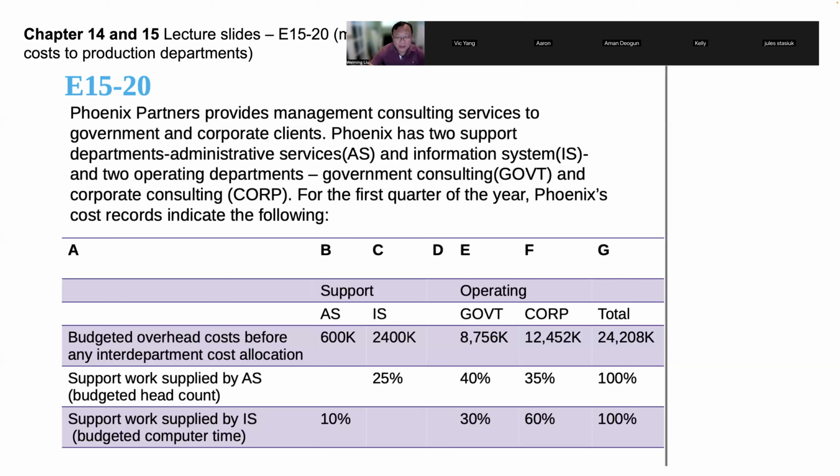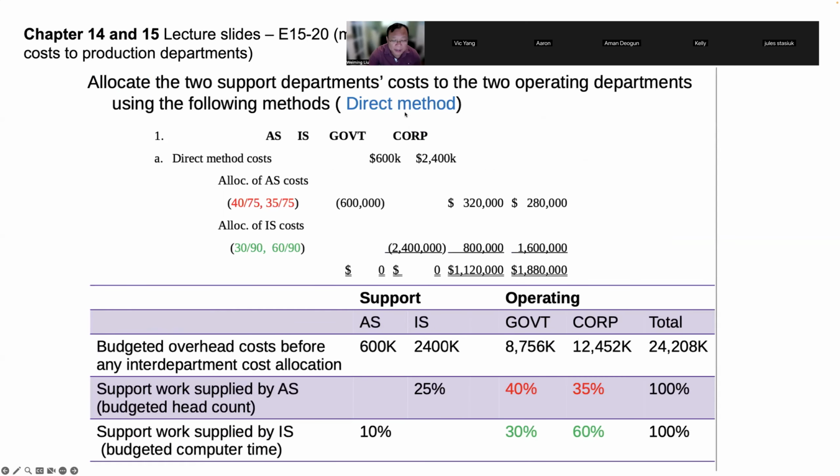Okay, so now the question is, there are budgeted overhead costs for the supporting department, $600,000 for AS, $1,200,000 for IS, right? So the idea is, how am I going to allocate these two cost numbers to the operating department, the government consulting versus the corporate consulting, right? So we have different methods to do that. So the first method is called direct method, okay? So for direct method,